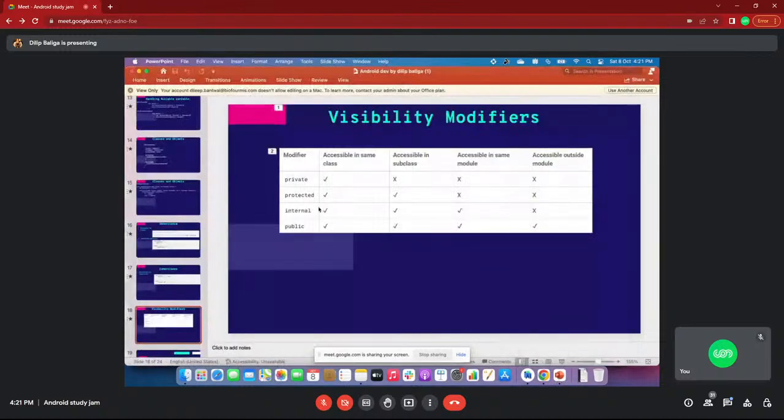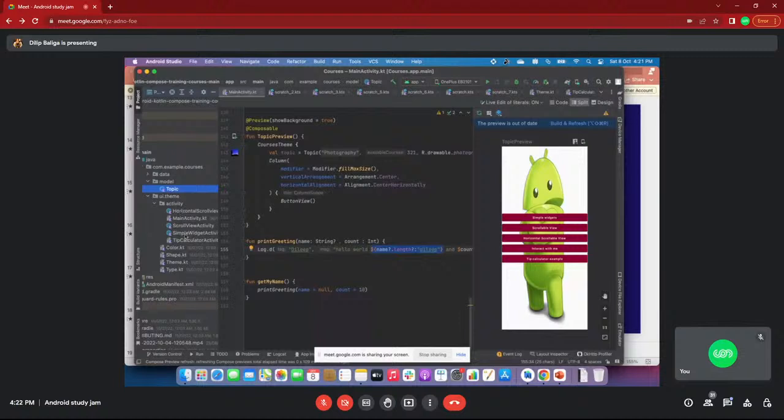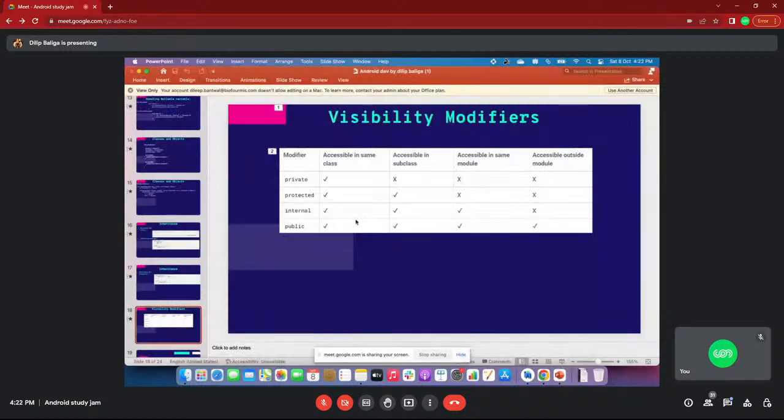If you specify internal, then only the classes inside that module can access that variable. Other classes cannot access that variable. That is the main difference with internal.